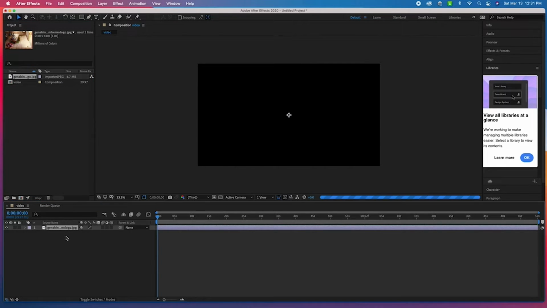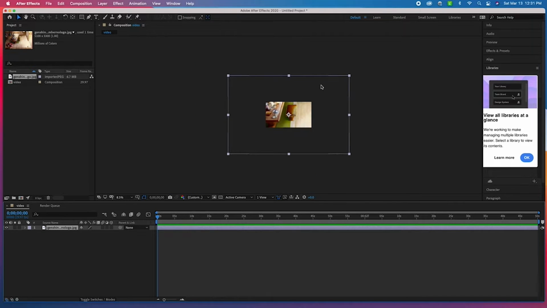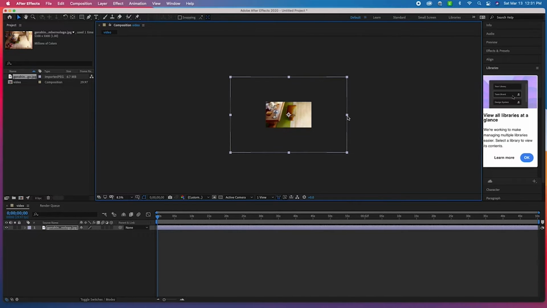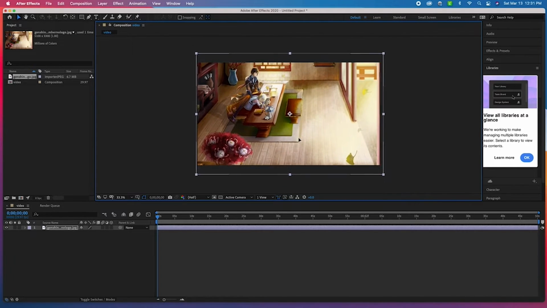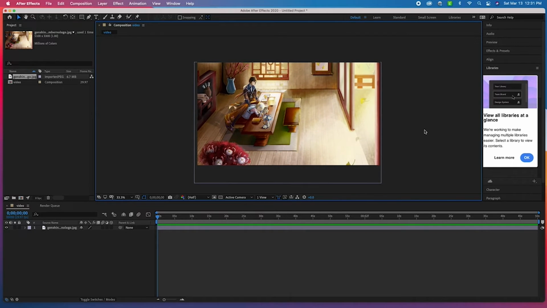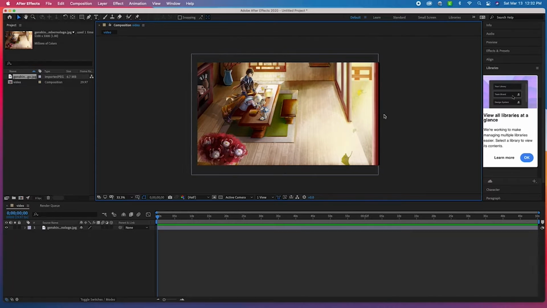As you can see, my file is a little large, so all I do is scale it down to the frame size. So here is mostly me adjusting how I want it to be in the composition. I'm going to probably speed this part up. So basically right now it's all aesthetic. I've got to frame it where I like it,